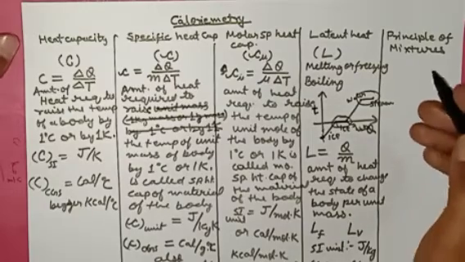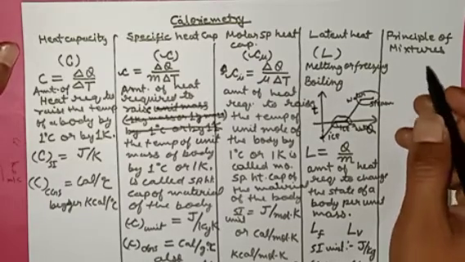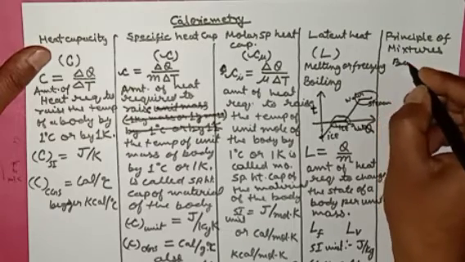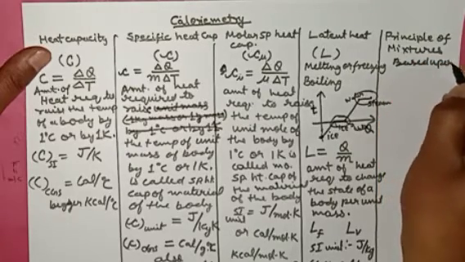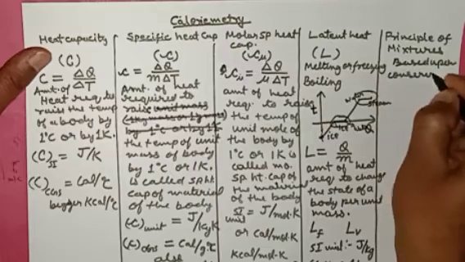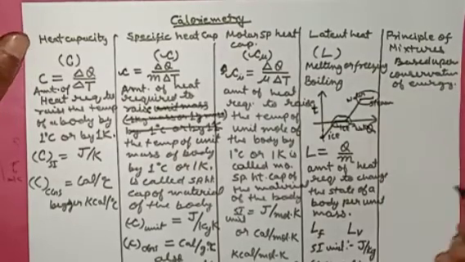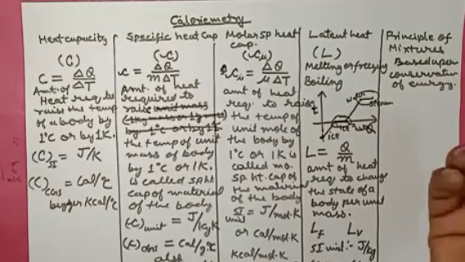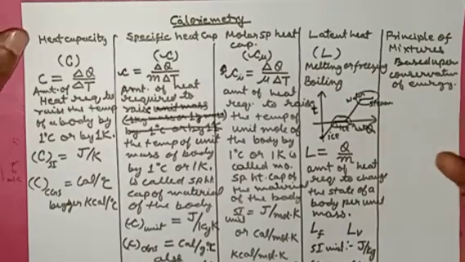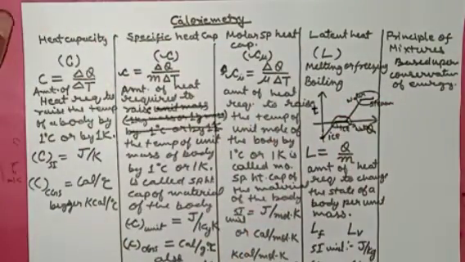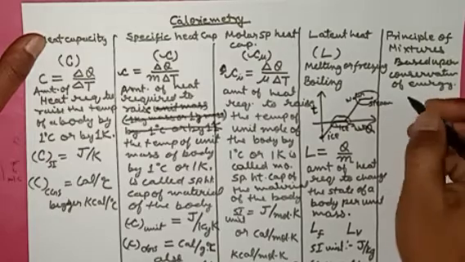Last topic, principle of mixture. So this principle is based upon conservation of energy. Second thing, we assume that no heat loss is taking place. So if there is no heat loss between two systems, and we mix them together so that their heat can be exchanged, then okay, but before that, let us suppose